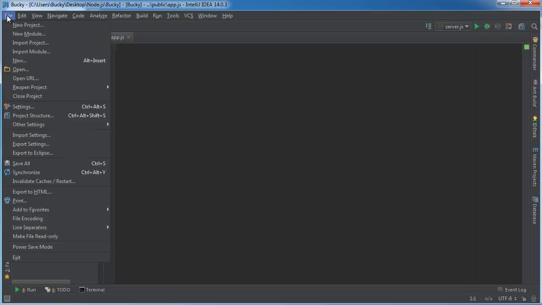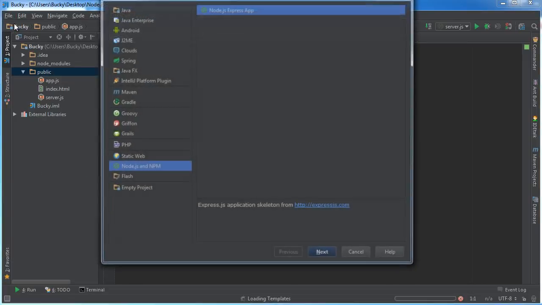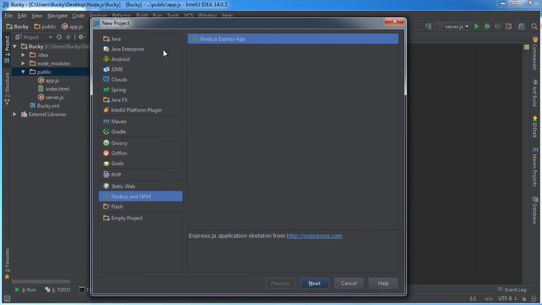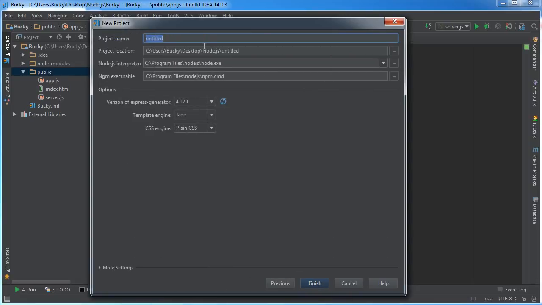From IntelliJ, if you go to File, New Project, what you can do here is choose, let me move this so you can see. In the little section down here, it's Node.js and NPM, and choose Node.js Express app. It's our only option, and click Next. So from here, it's really easy. You just give it a project name. I'm going to name mine